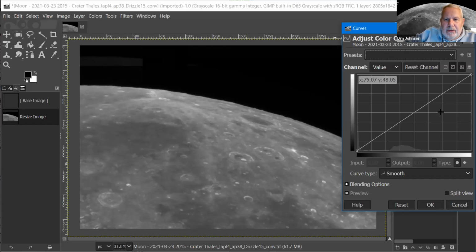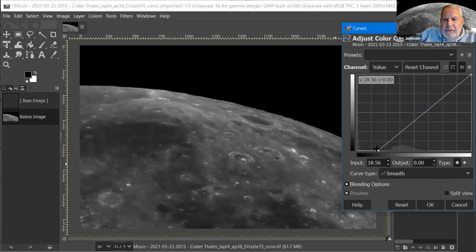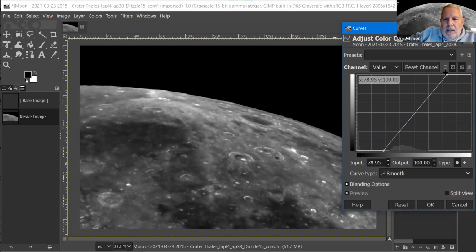So I'm going to do 2 things. This is like a levels adjustment. I'm going to drag the black point over, similar to Brad getting to the 19, only my data is a lot farther from the edge than his was. And I'm going to grab the white point up here and bring that over a little bit as well. Then I want to do one more thing. Brad did an S curve adjustment. That's your contrast adjustment. S for contrast.